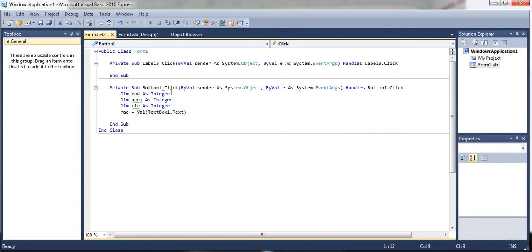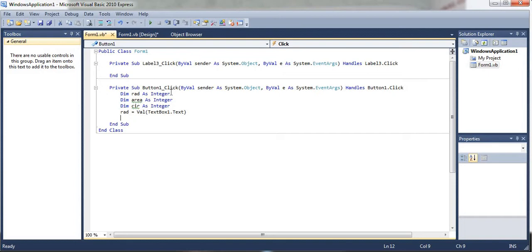What does this statement mean? The value from text box 1 will be fetched and assigned, equal to being the assignment operator, and stored inside that variable. It will be located in memory at an address named rad. So in this rad, the radius will be stored.